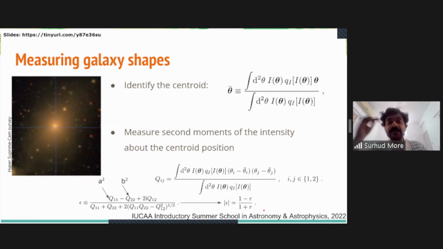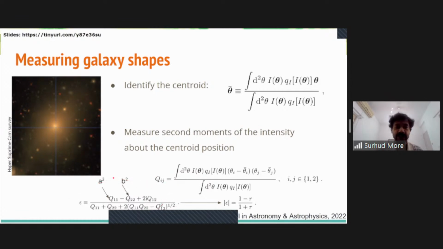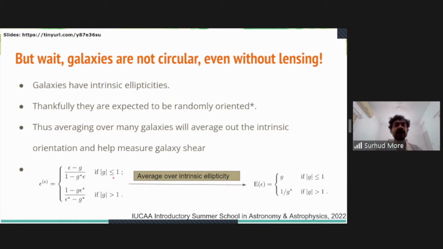And if you remember, 1 minus b by a divided by 1 plus b by a was related to the actual magnitude of the shear, right? So if you can measure the shapes of these galaxies, you can measure the magnitude of the shear by looking at these second moments and defining an ellipticity which looks like this. Okay, good. Now, as I said, galaxies are not circular even without lensing, and so they have intrinsic ellipticities, but